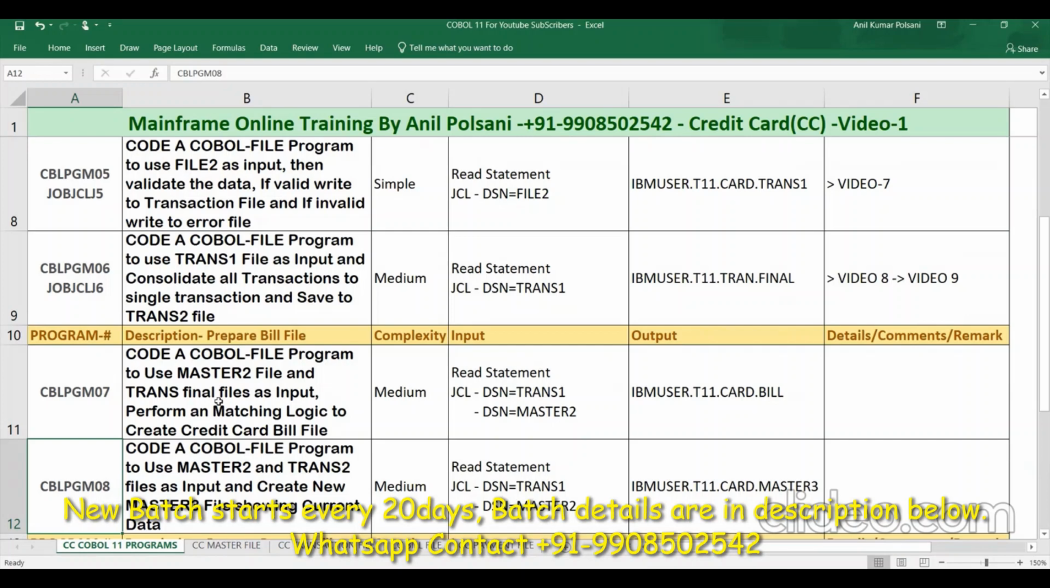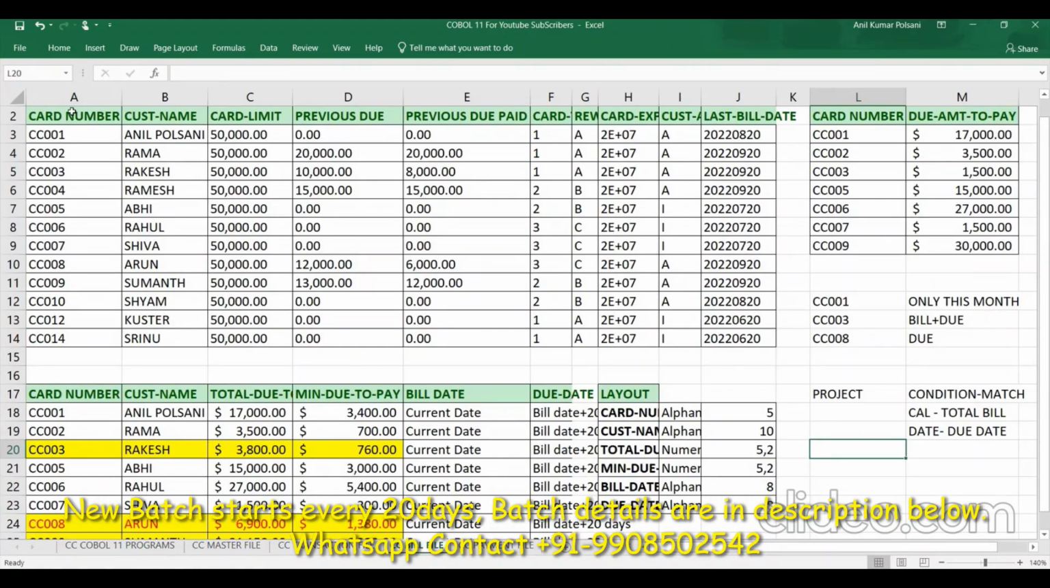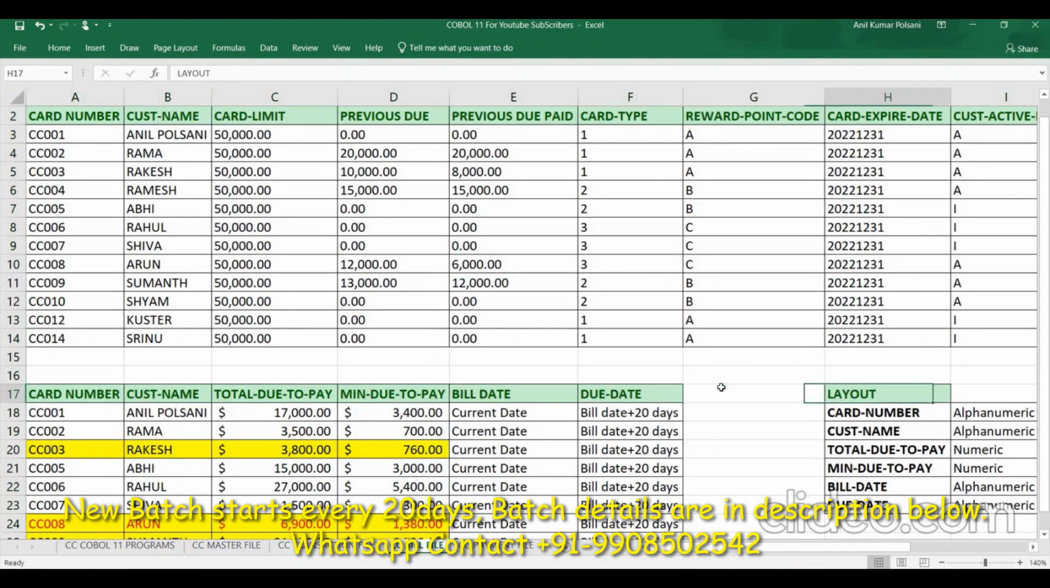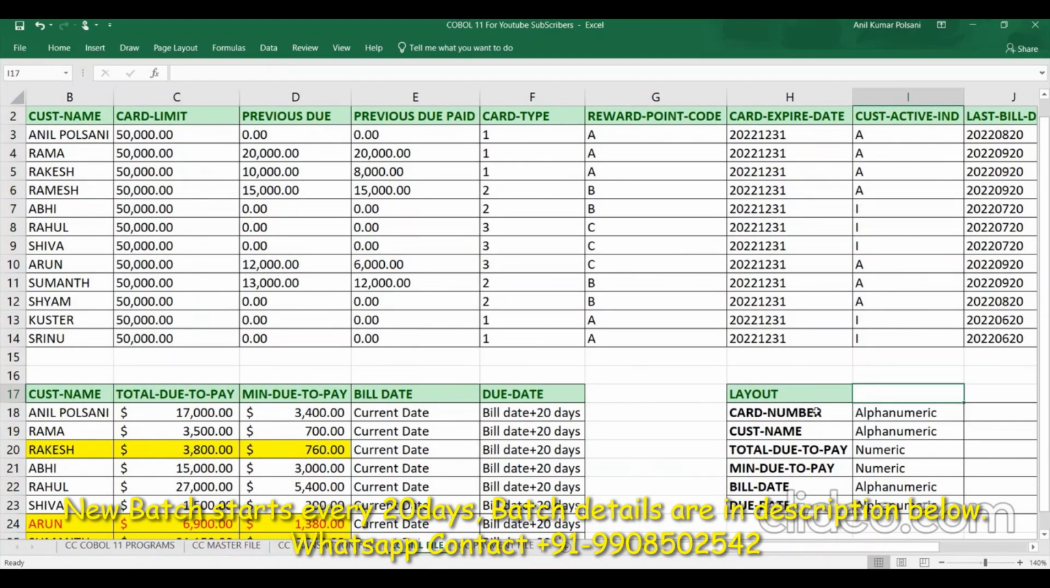Okay, it's a challenge for me to complete these things properly, perfectly. So let's go ahead and get into it. I want to write the COBOL 7 program, but for this, guys, I need my layout first. We'll do it step by step again. First thing first, I need the layout for my bill